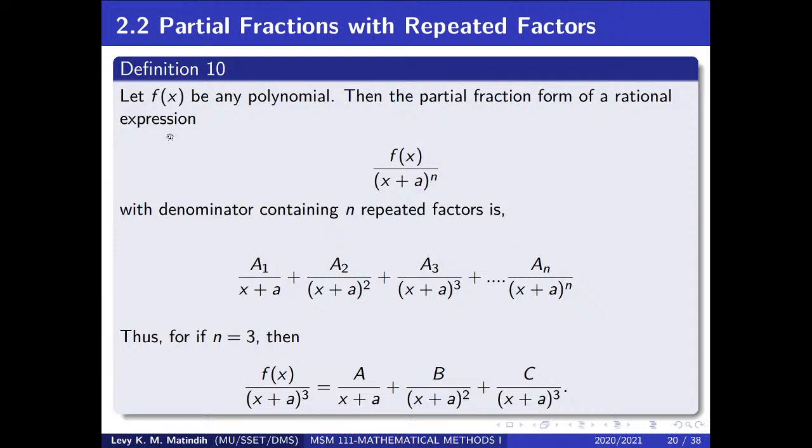So we are saying, if we have a function f of x being a polynomial, then the partial fraction form of a rational expression f of x divided by x plus a to the power n, with the denominator containing n repeated factors,